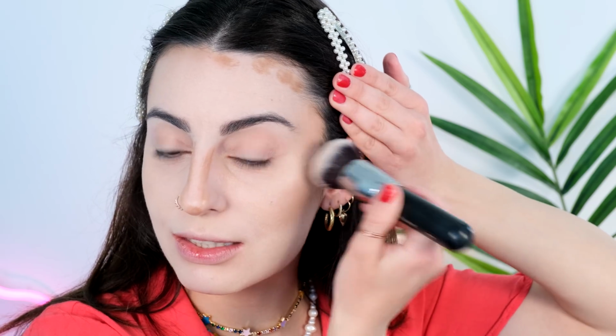Maybe it's not the product, maybe it's my skin. I don't know, but this side of it just looks, why? I haven't been having the best luck with foundations lately, and I'm thinking maybe my skin is just really going through a hard time right now, which I don't really understand, because it's cleared up a little bit from far away. I will say this side of my face at least looks really nice and smooth, but close up,